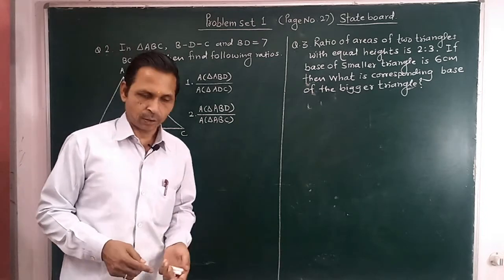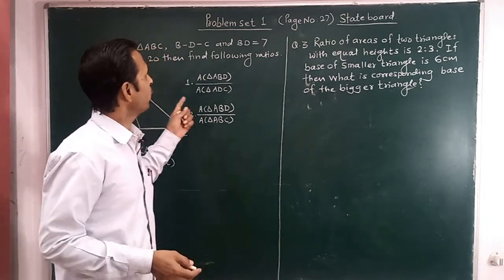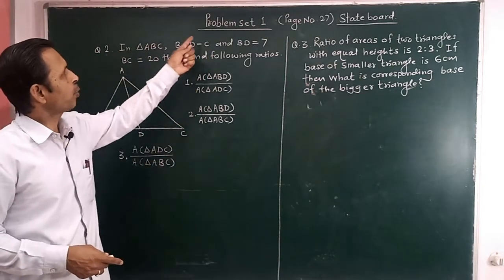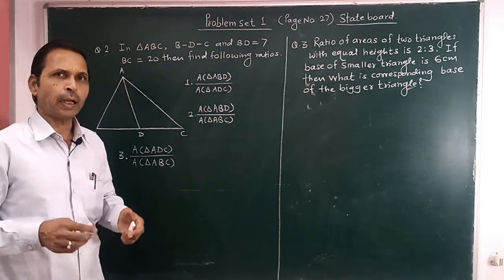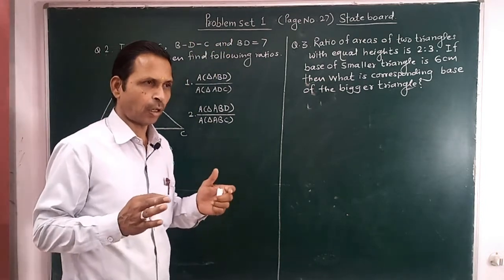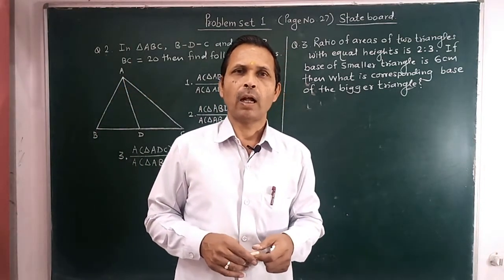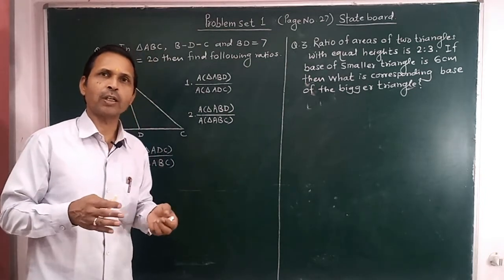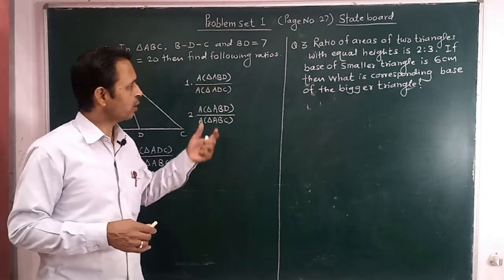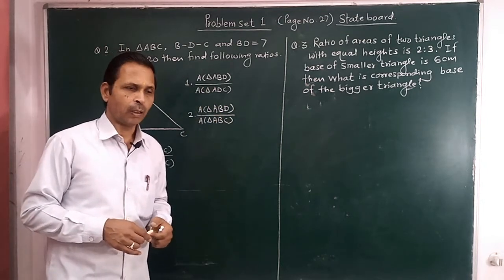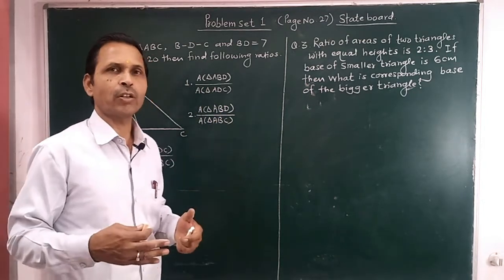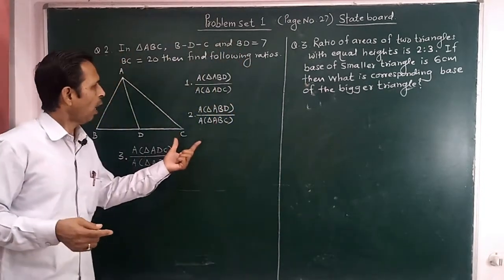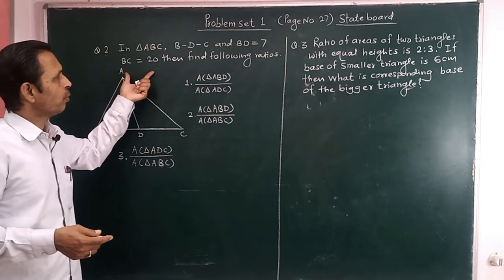These two examples on the board are in the State Board textbook. This is problem set 1. Different types of examples are given, and these examples are based on all the properties which we already learned in this chapter, that is similarity. These examples are based on the whole concepts of similarity which we already learned, and that's why first we